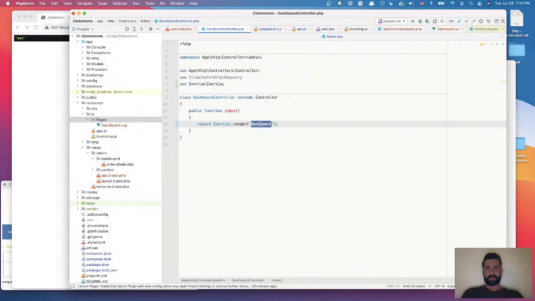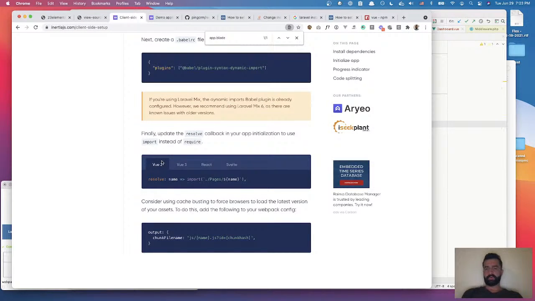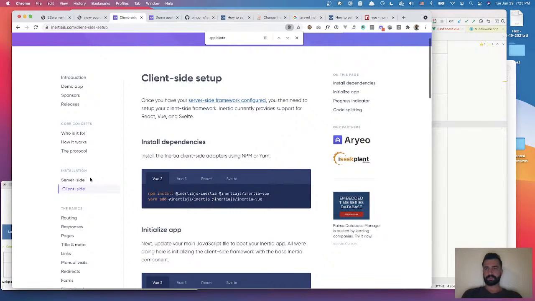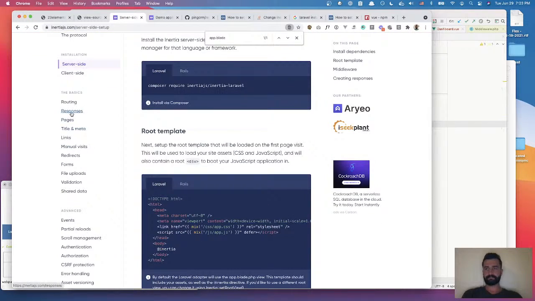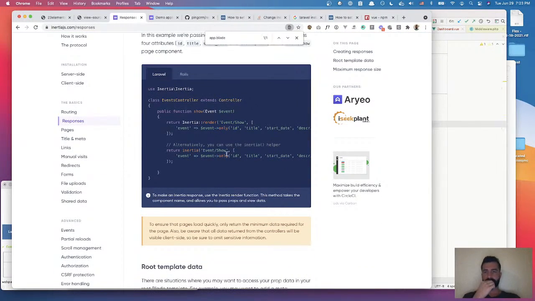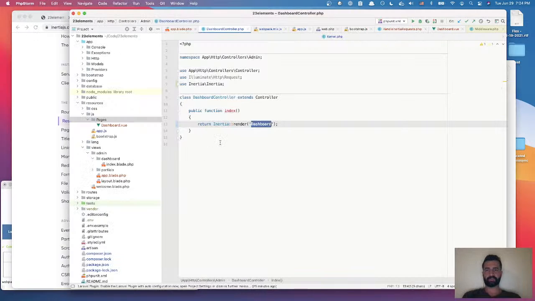So it's not rendering that dashboard component. Let me see here, let's go back to the server side. Maybe let's look at responses. Okay, so return Inertia event slash show. Yeah, I don't think we have to prefix that with pages, because I think it knows it has to look in the pages directory, but maybe it has to do with